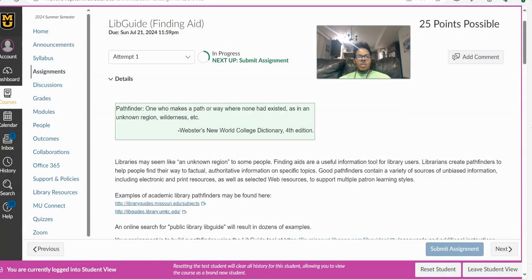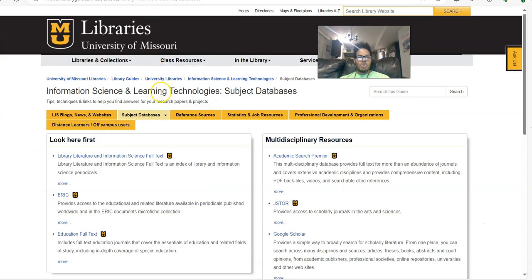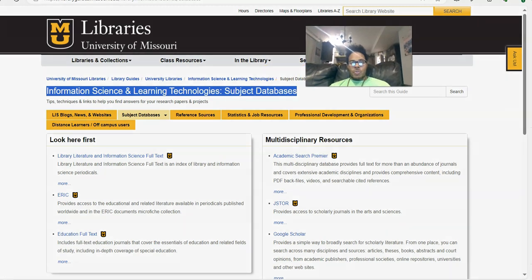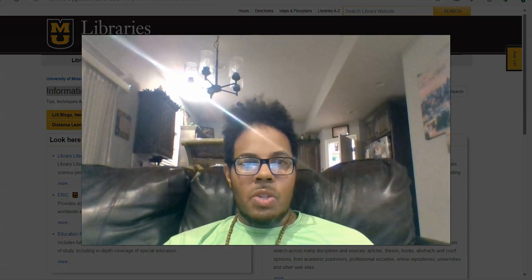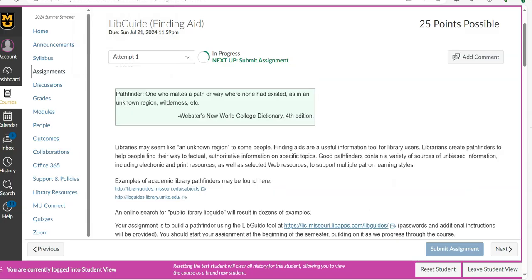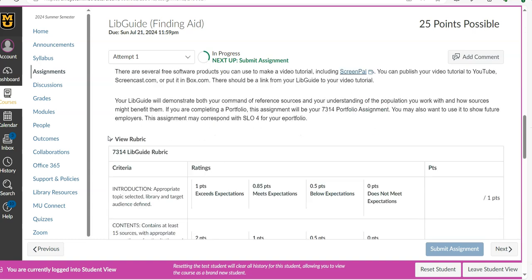So this is the LibGuide assignment, and this is the prompt. What you're going to do is build one of these LibGuides, and I'm going to create LibApps logins for each of you. So I'll be doing that soon. I may even do that this week. I'll be creating LibApps logins for each of you so that you can make a LibGuide. And then you'll go in and make a LibGuide, and you're going to follow